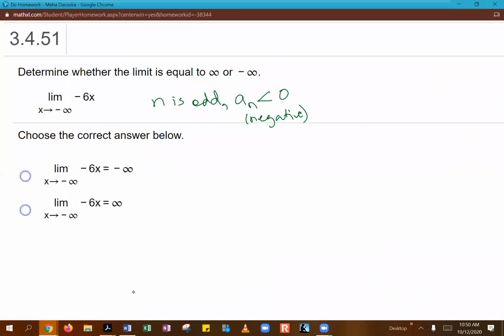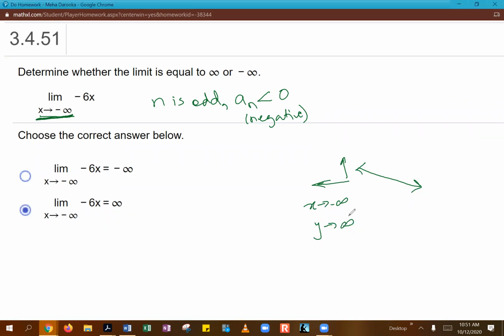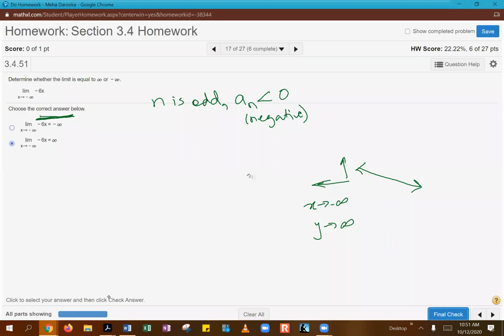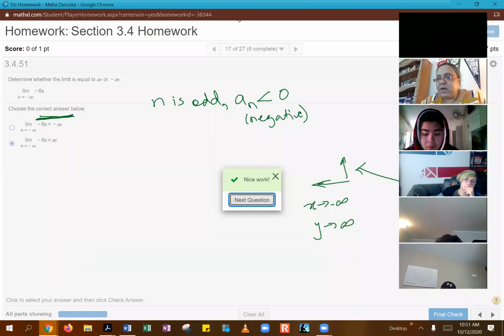So here they are asking us which of these will be correct. Now you can see they're talking about in terms of x going to negative infinity. Remember, this is a graph that would look like this. So when x is going to negative infinity, which is this direction, your y is going up to positive infinity. So of course that means you're choosing the second option to go with this. So it's exactly the same thing. Like I said, the presentation is a little bit different because they are giving it to you in the limit